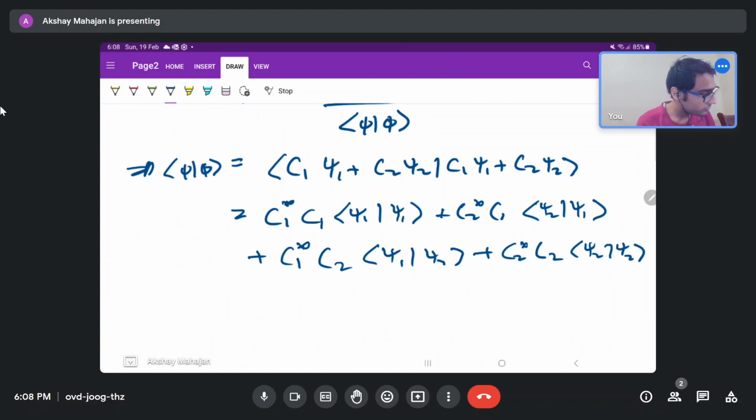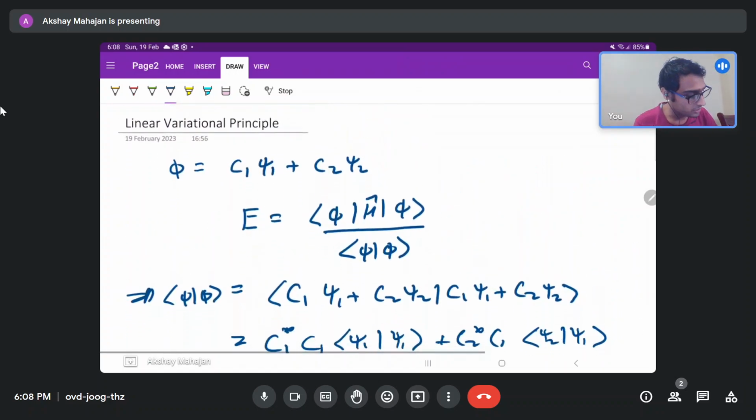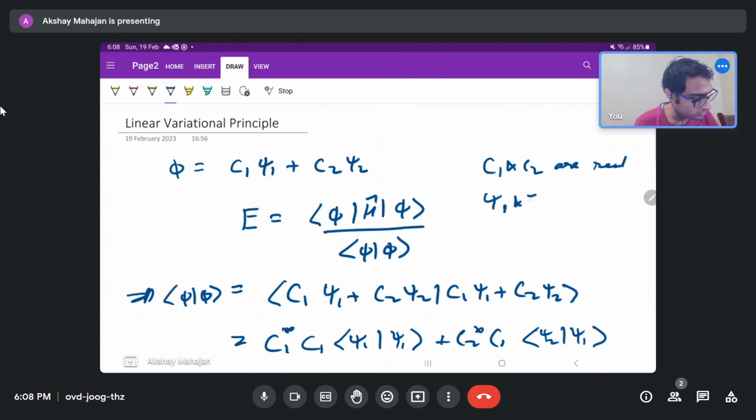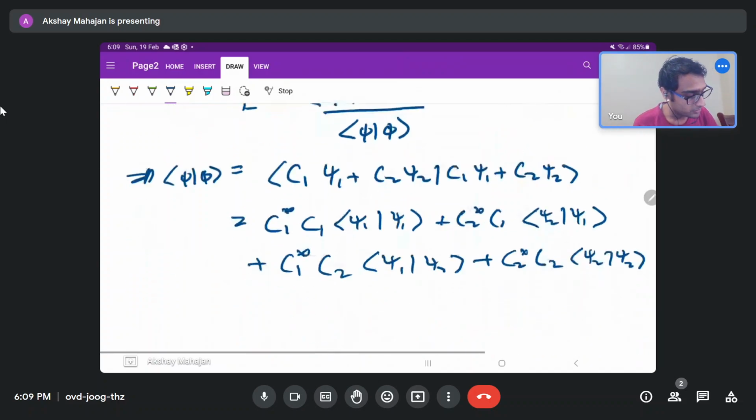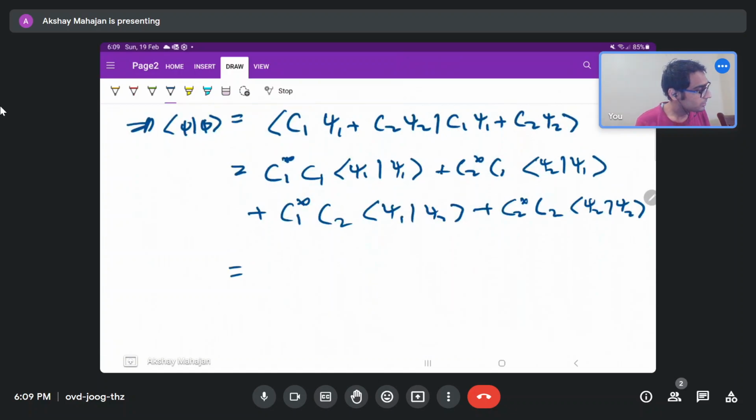Here we consider C1 and C2 as real, and psi1 and psi2 are also real. So we can simply write this as C1 square psi1 psi1